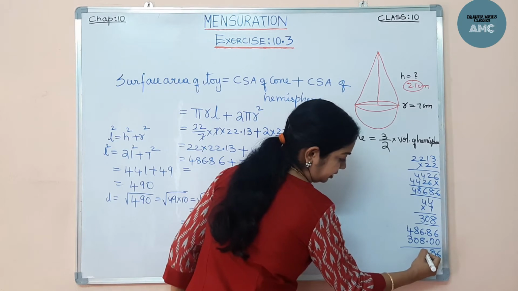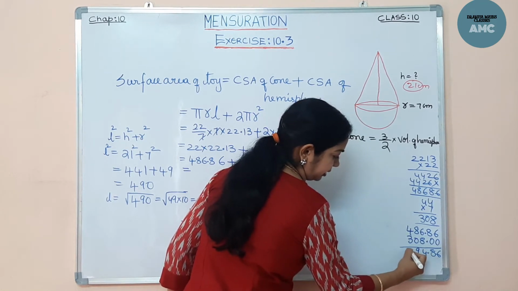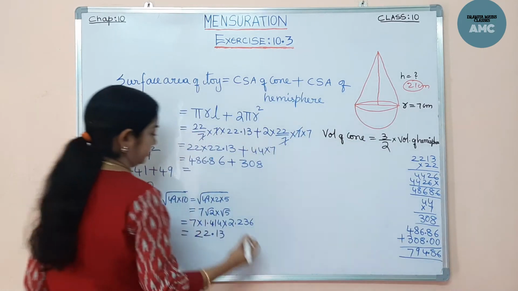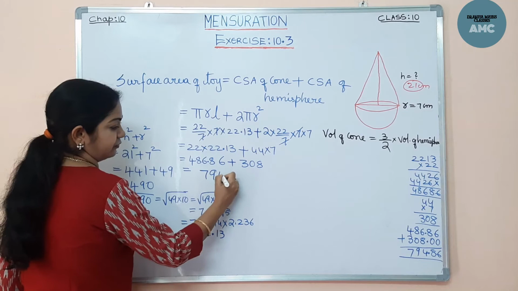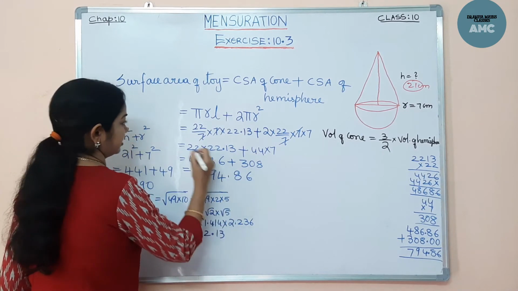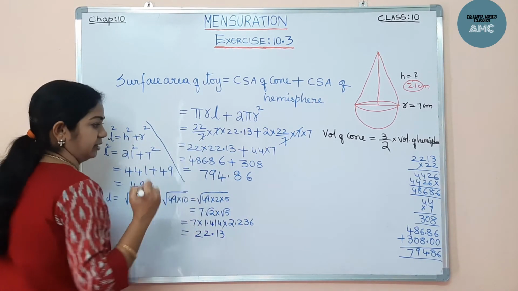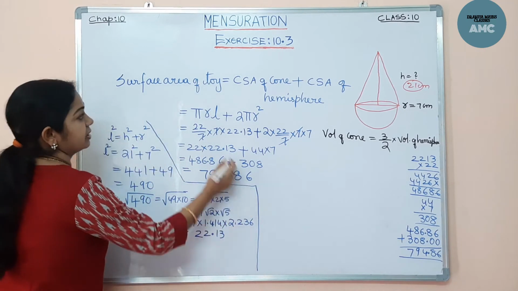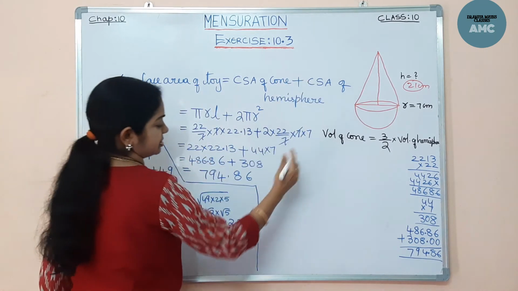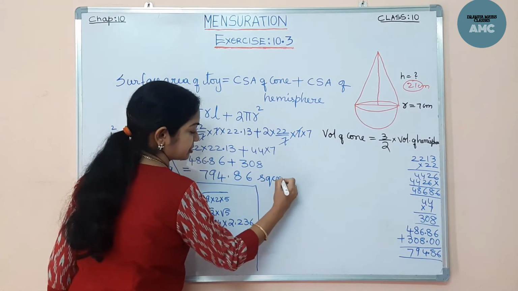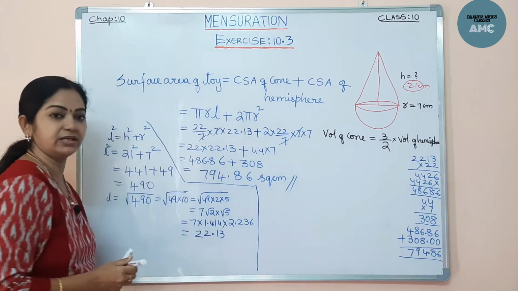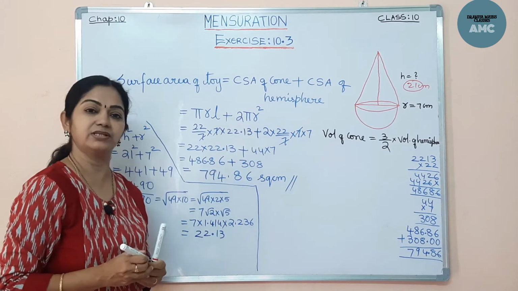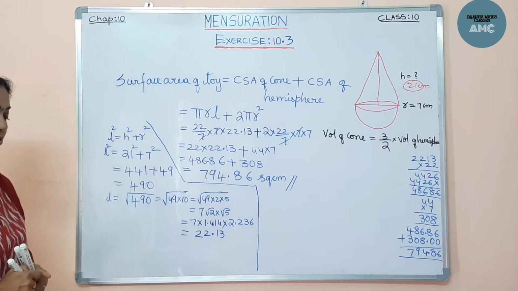86 here, 14, 9 and 7. So this is the final answer, 794.86, right here. Right, want to make a difference here. So this is the surface area, so it is in centimeters, so write the units as square centimeters. Now we got the surface area of the toy. We have found the height as 21 centimeters. Quickly pause the video and note it down. Let's see the next one.